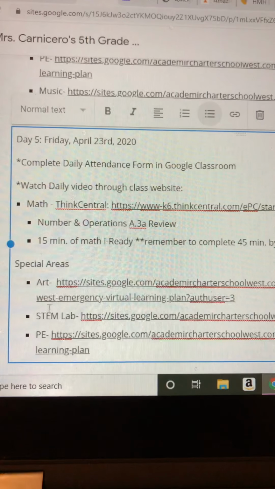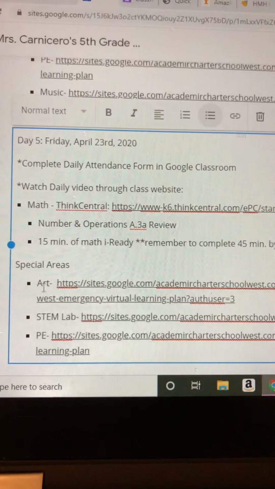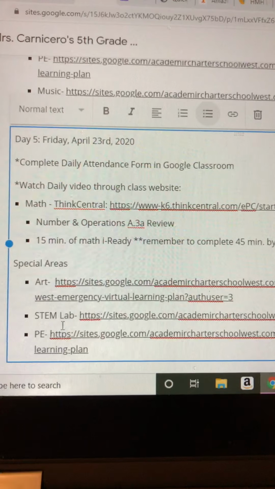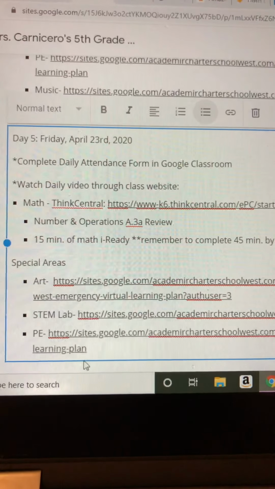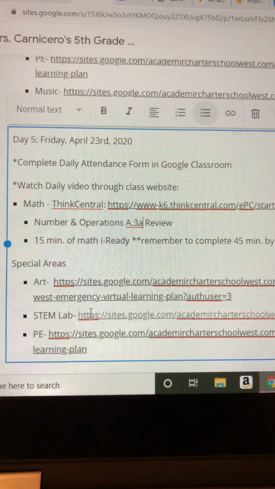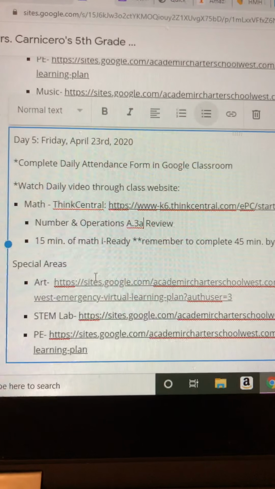Your special areas for today, only my homeroom. Remember, we have art, STEM lab, and PE. Make sure you click on all 3 links and see what assignments, if any, you have to turn in to them,